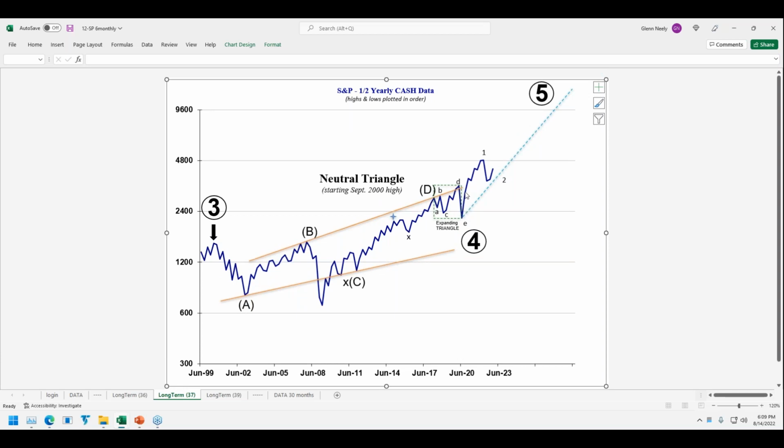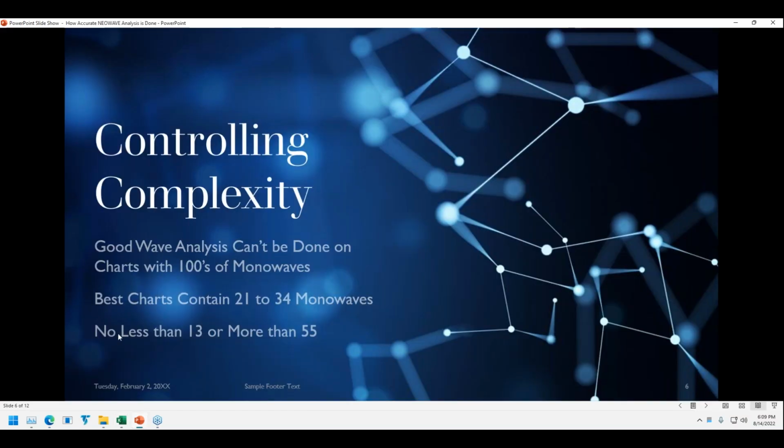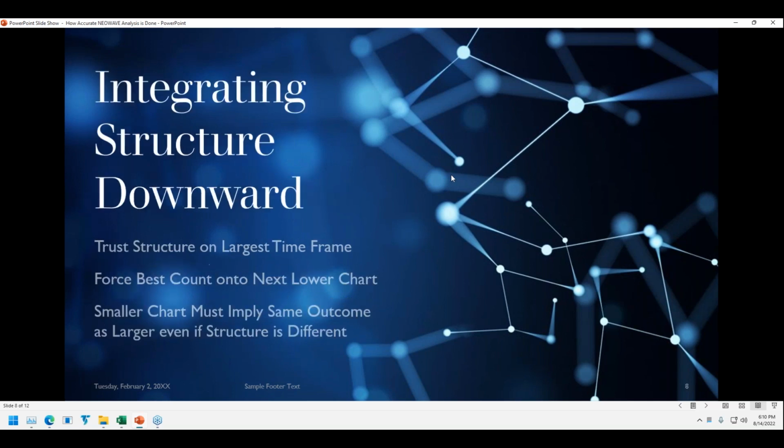So here I think it took 2 or 3 to go from here to here, but you can see it didn't change directions until here and there. So that's what constitutes a monowave. So you want to look over your chart, make sure the total number of monowaves you can see is no less than 13, no more than 55. Then you're dealing with a chart that has the right amount of complexity to do good wave analysis, and ideally between 21 and 34. Okay, let's move on to the next